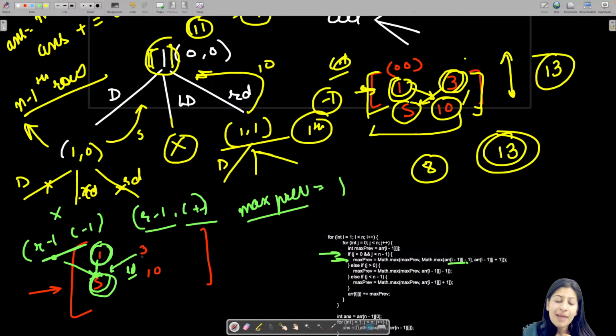and the max prev, which is already 1. So out of them the maximum one would be 3, so that 3 will be stored in max prev right now. Okay, you checked for this one, you stored your max prev with that. Now the other option was I might have traveled